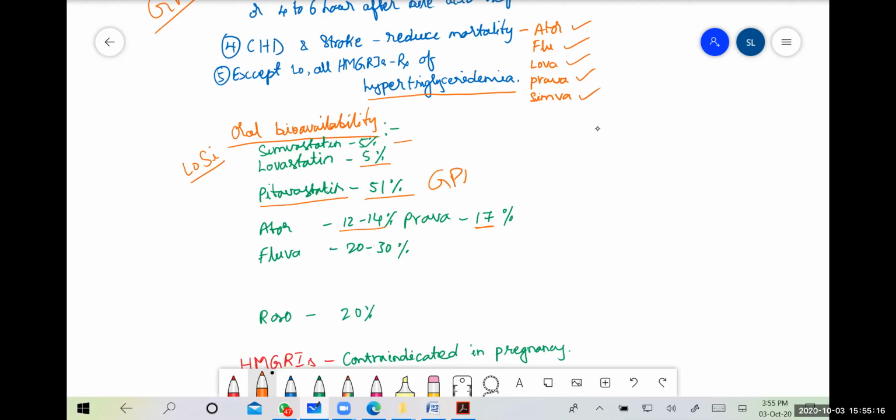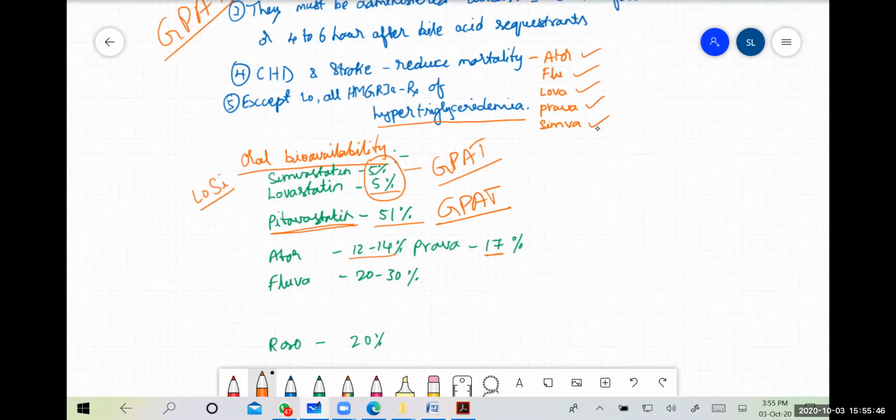Please kindly remember for GPAT, the statin which has the highest oral bioavailability is pitavastatin, and the ones which have the least oral bioavailability are both simvastatin and lovastatin, because they have 5% each. So they fall into the same category. We can write that both simvastatin and lovastatin have the least oral bioavailability among the statins. Okay, then